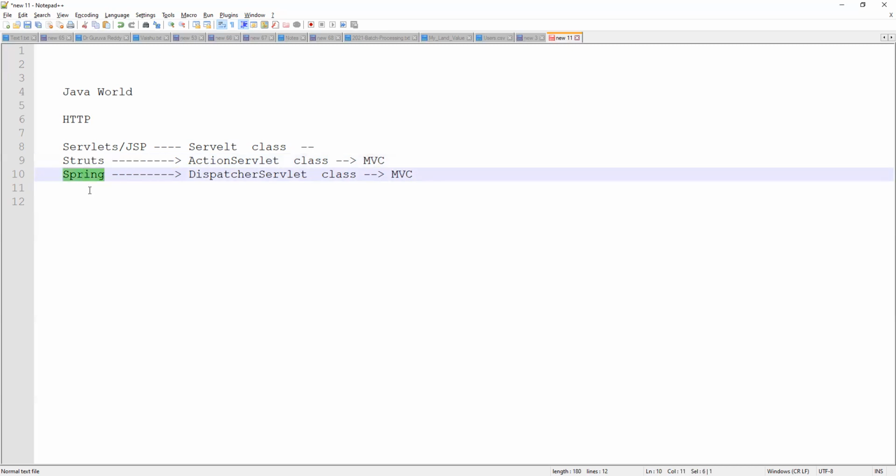Here it comes with all the modules. Internally it has an ORM module and a web module, to support all kinds of ORM frameworks, Object Relational Mapping, like Hibernate.